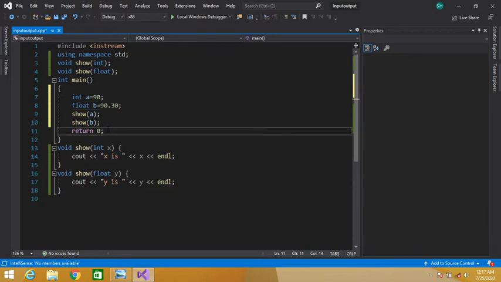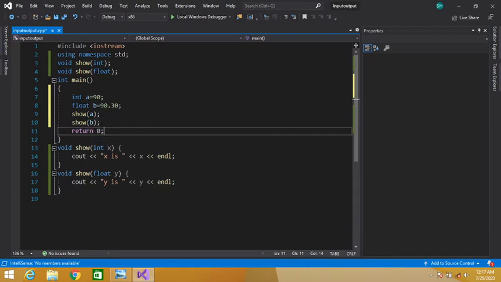So now the error goes because now the compiler knows which function it should call. The name of the function is the same but the parameter is different. A is of type integer and b is of type float. So now the compiler will know which function it should call.